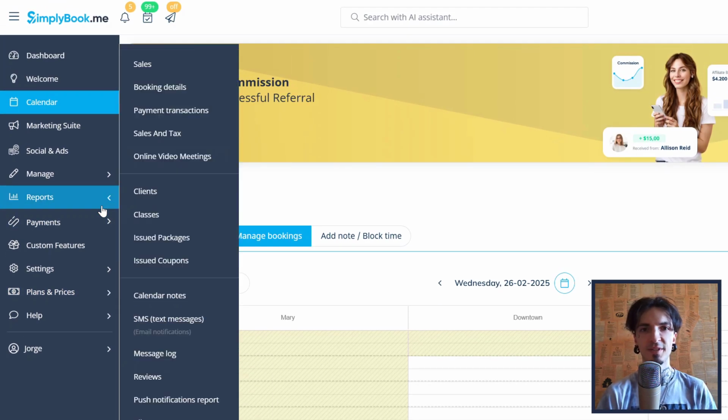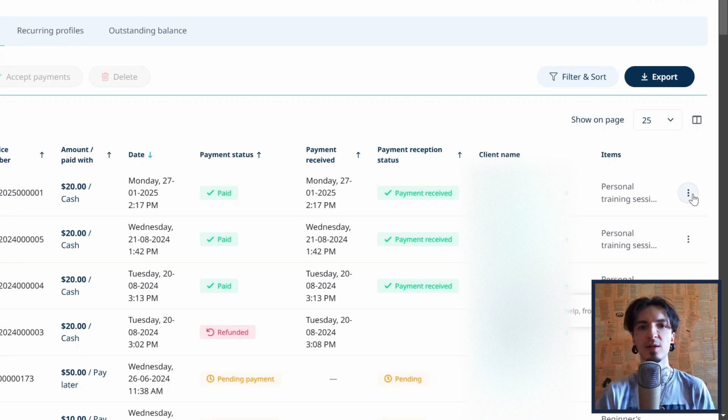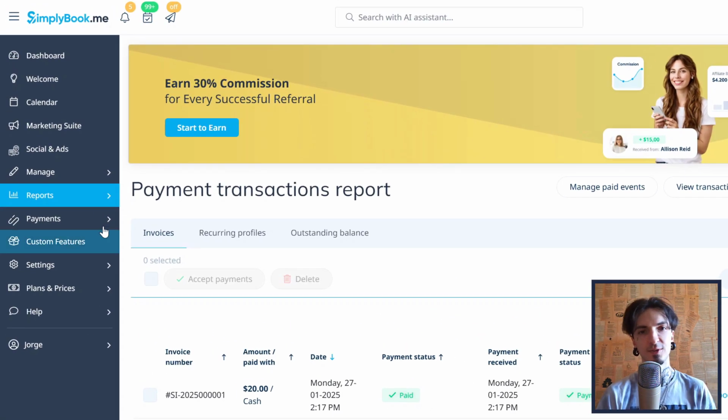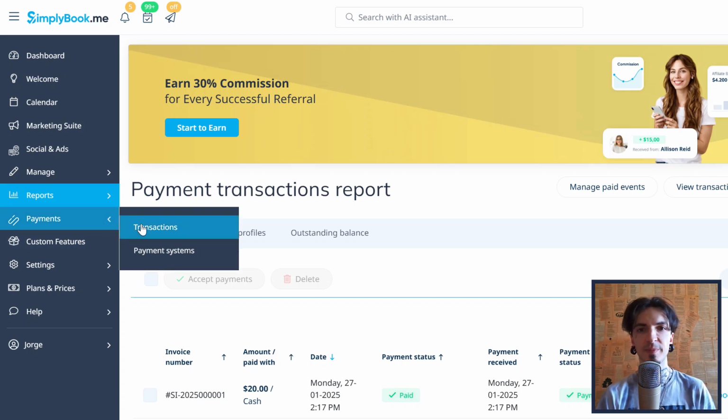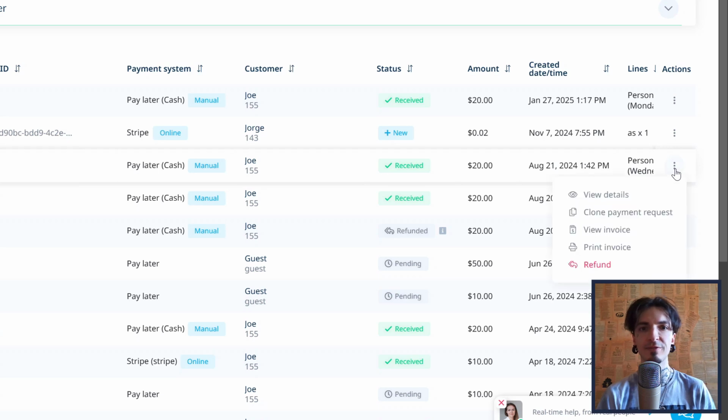The first method is to navigate to Reports, Payment Transactions in your SimplyBook.me account, locate the relevant payment and choose Refund from the kebab menu on the right. Alternatively, you can go to the Transactions page directly in SBPay.me, locate the payment and choose Refund from the kebab